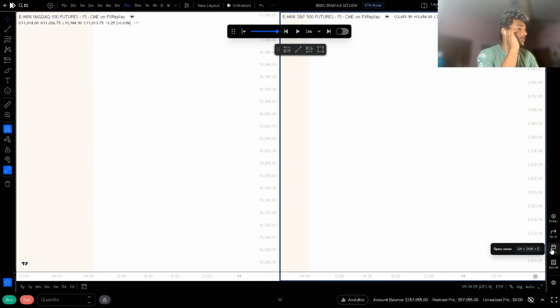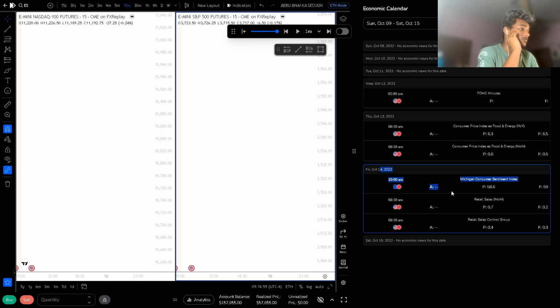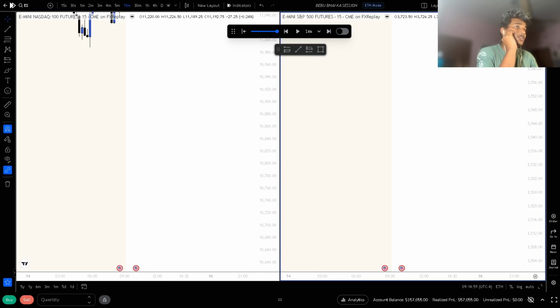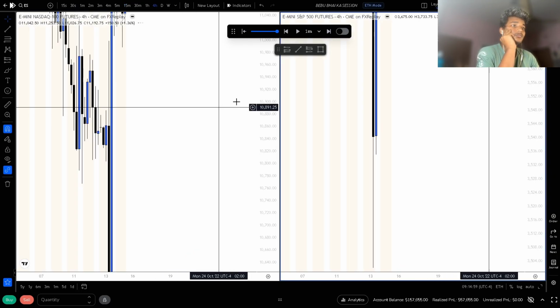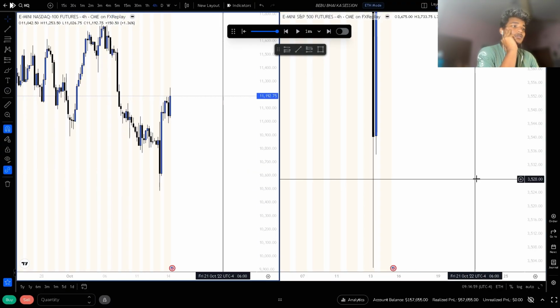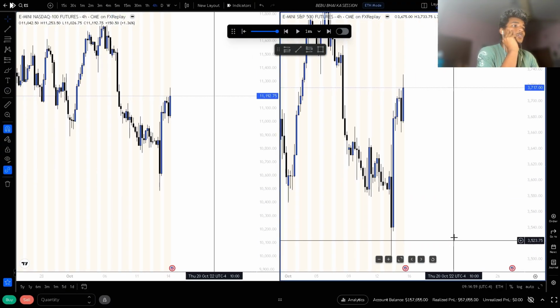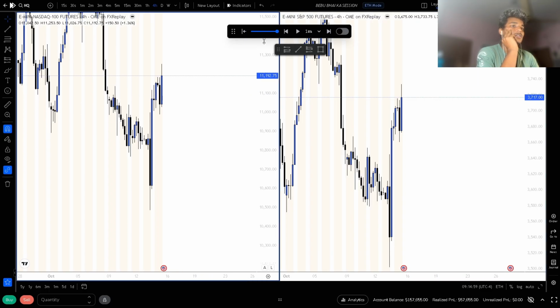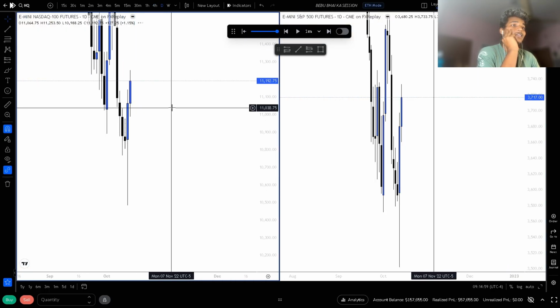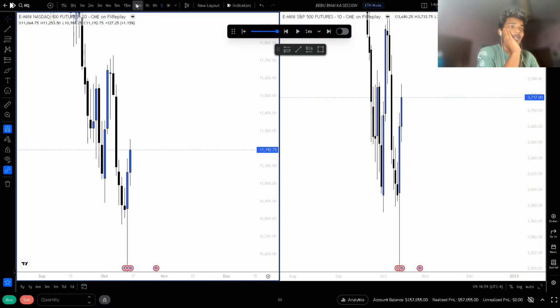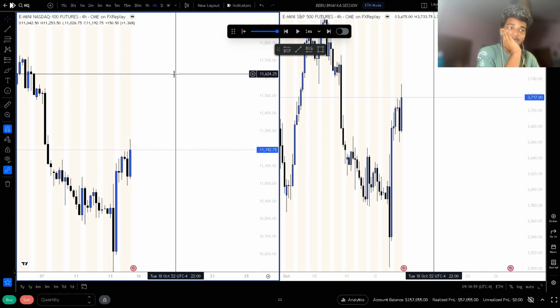So we are here on a new day, and today we have some news. Today is a Friday as well. We have news at 10 a.m. So 4 hour short-term bullish, higher time frame bearish. In the daily, we have a retest into this gap. Yes, I do wanna see market down,